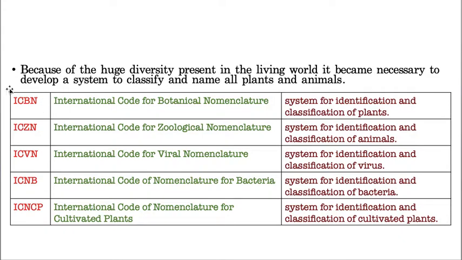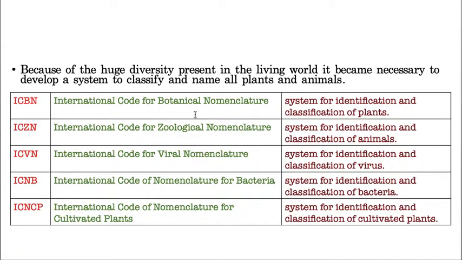Then I will take this particular plant to ICBN and explain what it is. ICBN means International Code of Botanical Nomenclature. In this botanical nomenclature, only plants will be named. That means I can't do it myself, so they will help me give the Latin name to that particular plant. I think you understood better now.